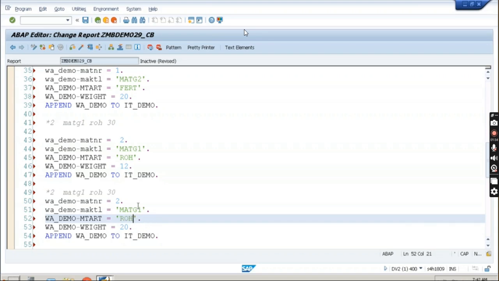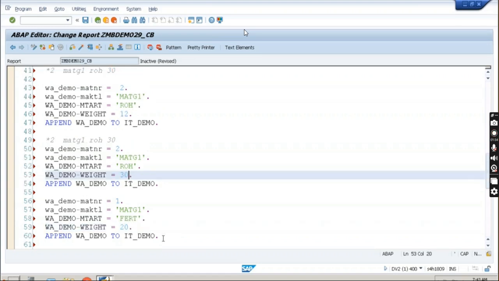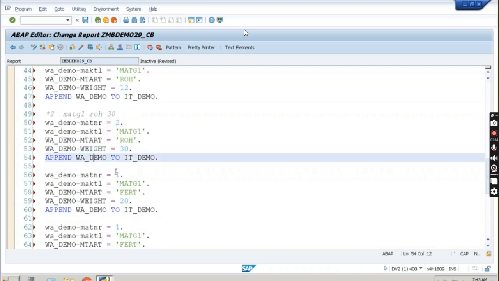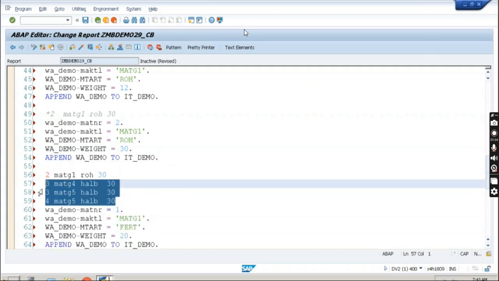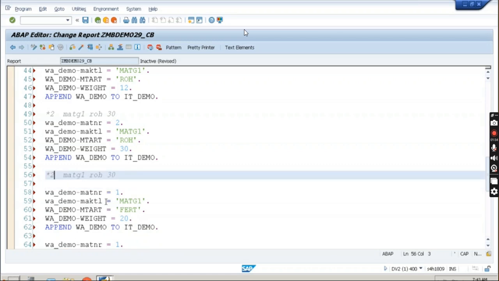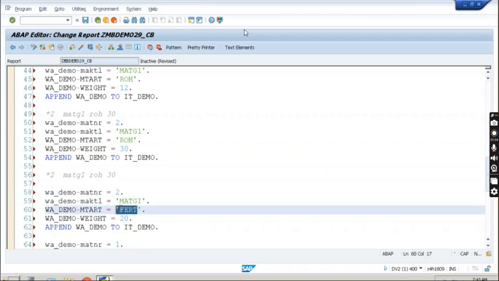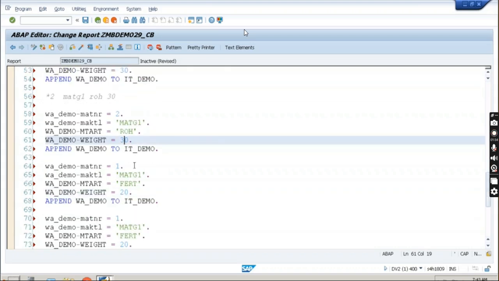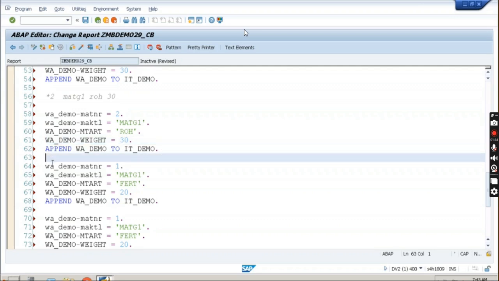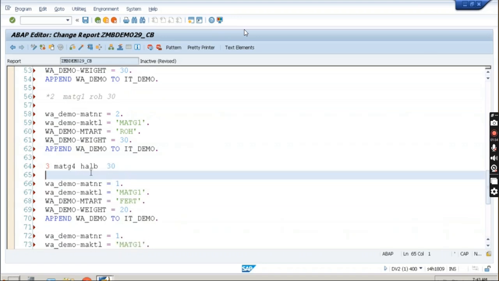So ROH, and the weight is 30 I have given over there. So just I will keep the 30. Now it's already append is there, so no worries. Come over here, Control V, and now I have to prepare 2 MAT G1 ROH over here, and then we are having 30. Okay, 30 I'm having. Another record which I had to prepare, that is the 3 MAT G4,